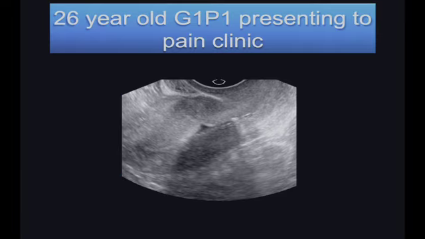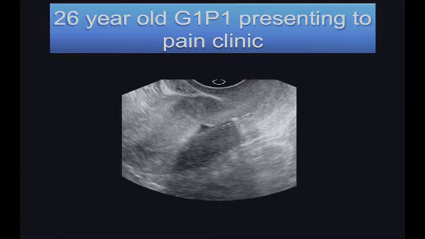So much for uterine shape anomalies. Let's move on to some cases demonstrating IUD malposition. First, we have a 26-year-old gravida 1 para 1 presenting to pain clinic. And as we can see here, there is at least a portion of IUD within the endometrial cavity on this